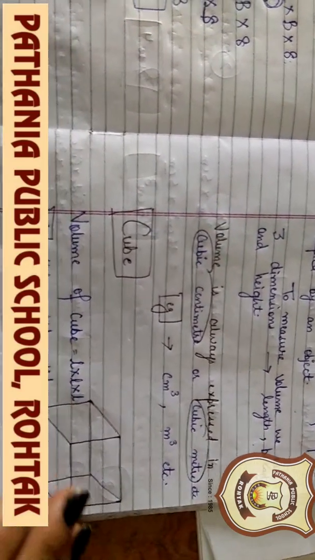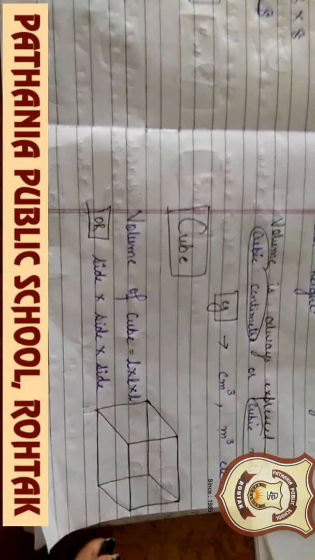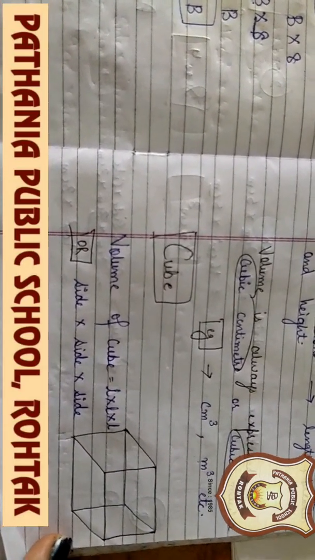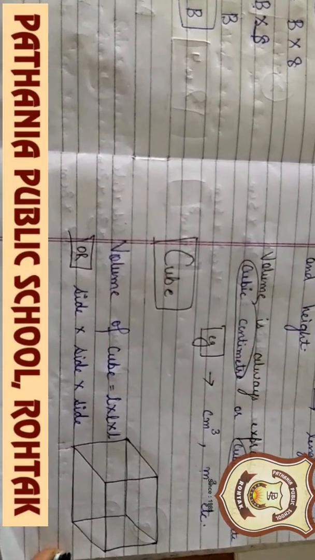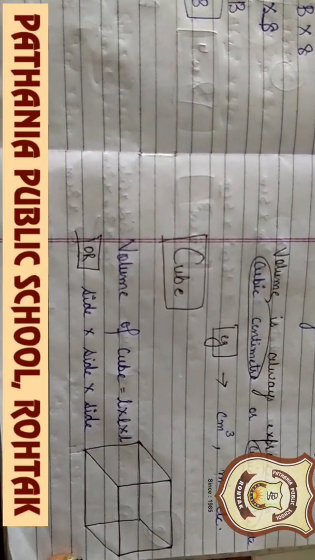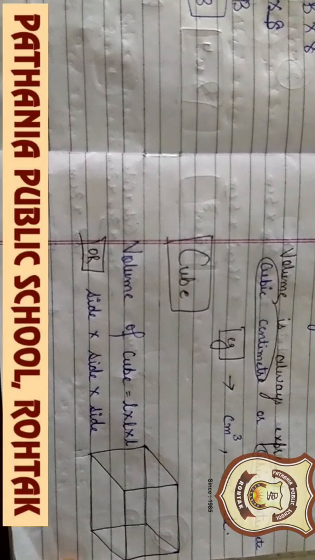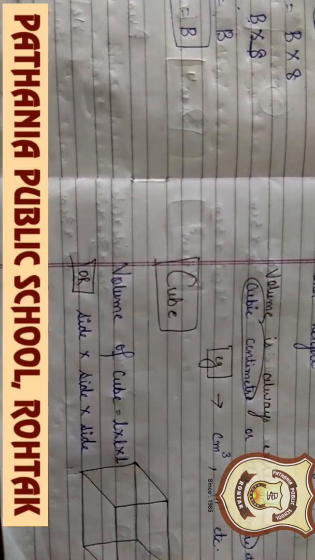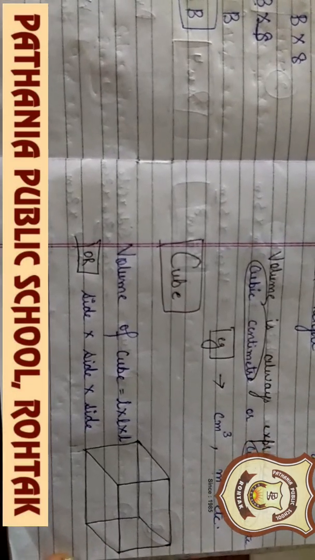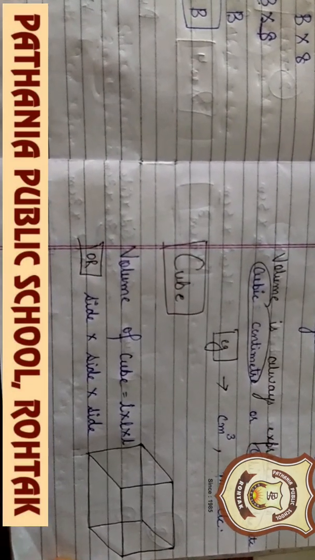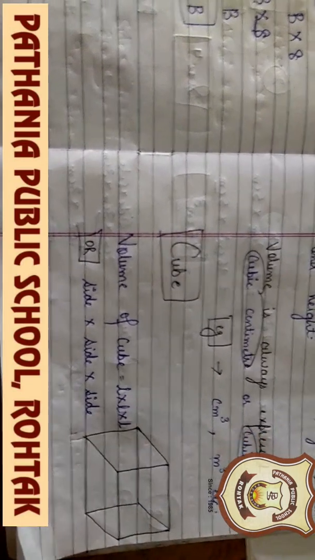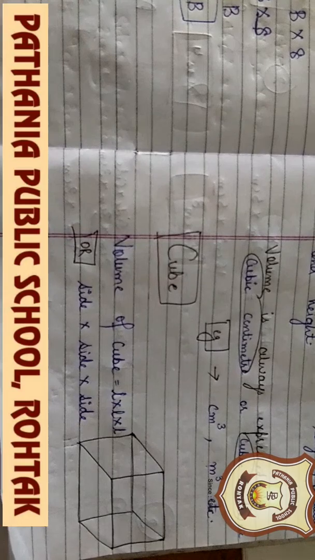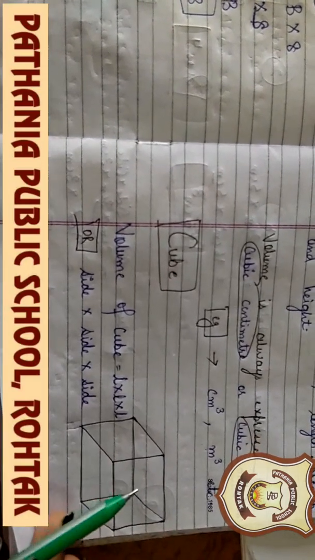Fine. Now, what is a cube? You all have seen a cube, right? Okay, give one example of a cube. Do you know? Okay. Some of the geometry boxes are like a cube. Some are like a cuboid also, and some are like a cube also. Fine. Or you can see ice cubes. That's why we call them ice cubes. Okay. So that is the shape of a cube.